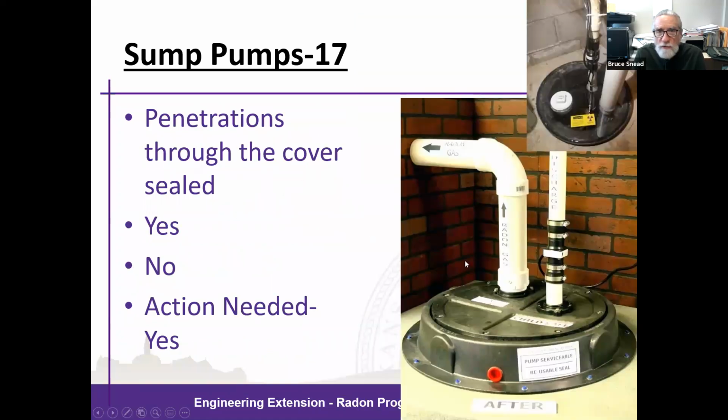Are the penetrations through the sump lid well sealed so that gas cannot escape from beneath the lid into the space? You can see in the slide here, we have labels on the sump lid. One is a clear plexiglass lid up in the right-hand corner. The other one is a solid one, but it is well labeled, as well as the pipe is labeled, so that folks identify and know what the pump systems are.